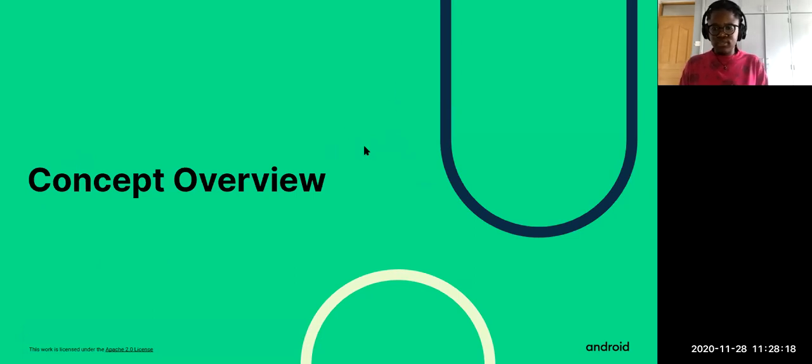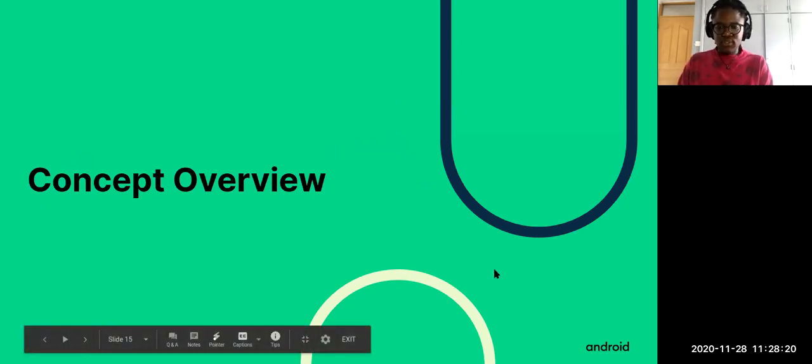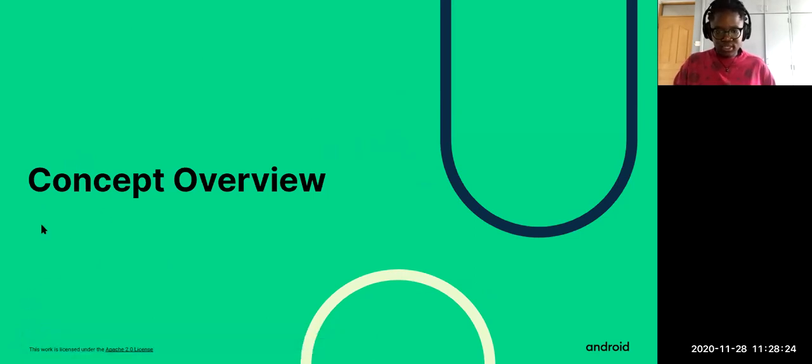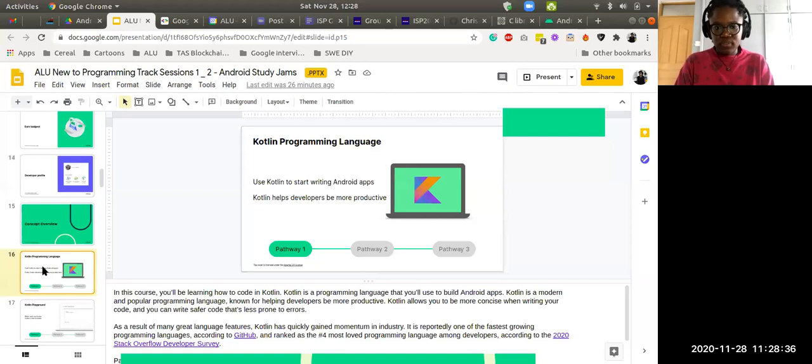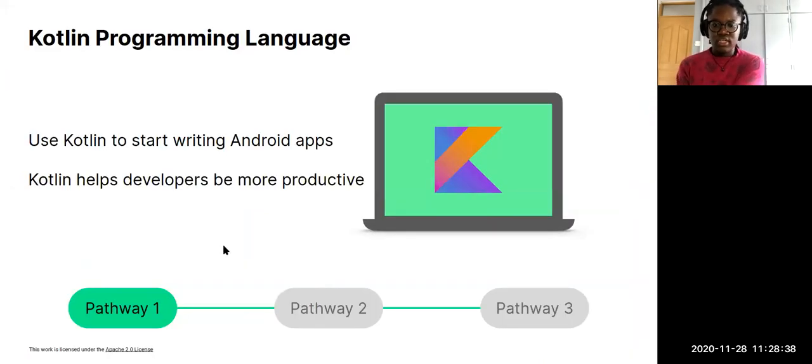Awesome. Okay, so we can continue to the concept overview. Now that you're familiar and at least have your platform set up, let's dive into some important concepts that you'll be learning about. Here we can see that it's about Kotlin programming. In this course, you'll be learning how to code in Kotlin, which is a programming language that is used